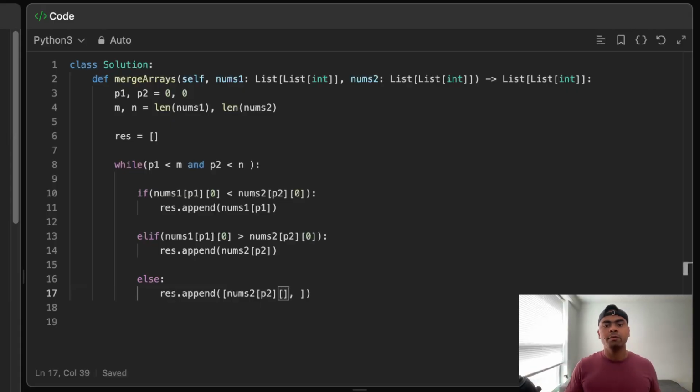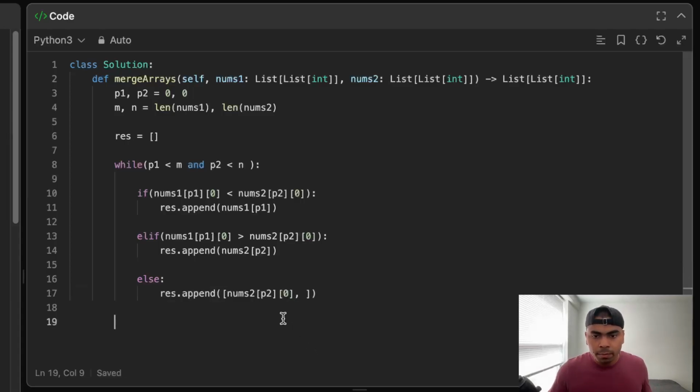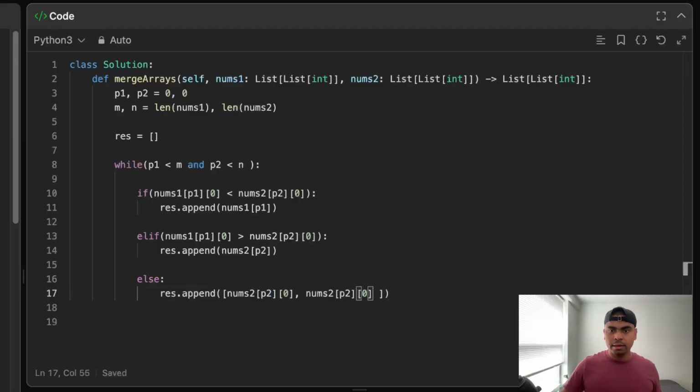So let's take it from nums2 at the 0th index, but then we're going to take the values of both arrays at index